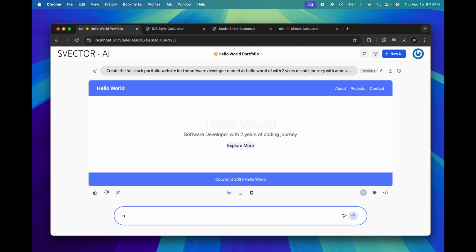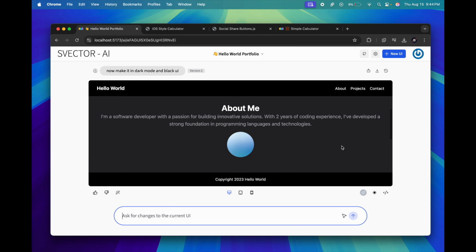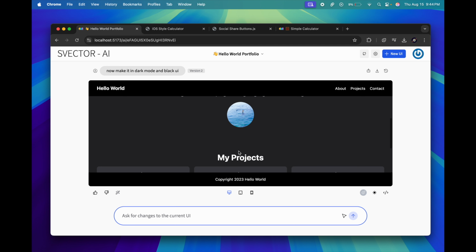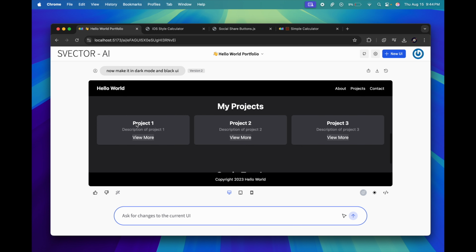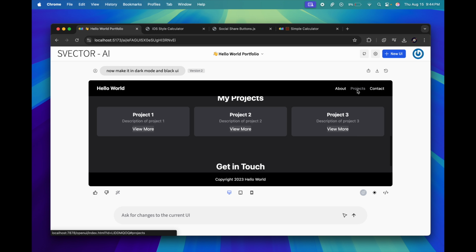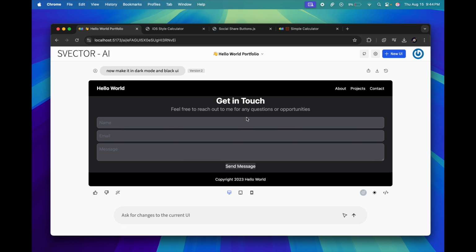As you can see, it has created the complete website in dark mode, in a black UI. You can see the images have been inserted, also his projects, and also his get in touch, which is a contact section for him. For the projects, when he clicks on it, it hyperlinks to the my projects section, and for the contact, it goes to the contact section.